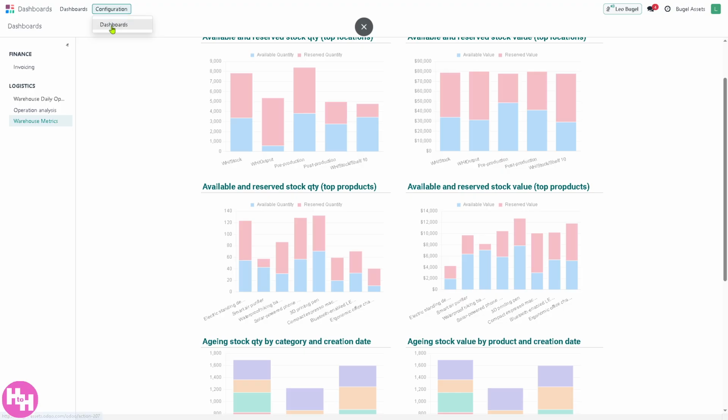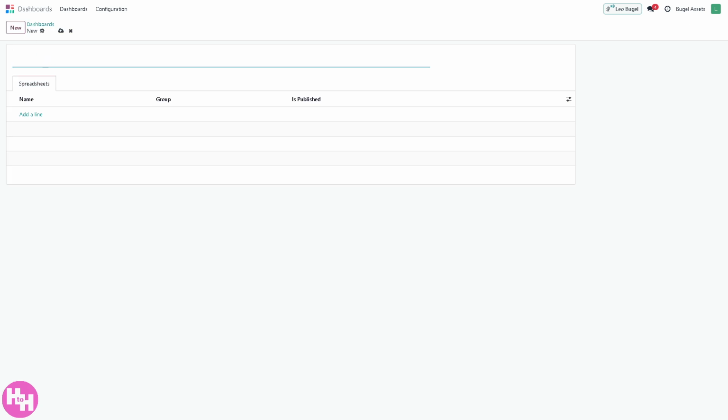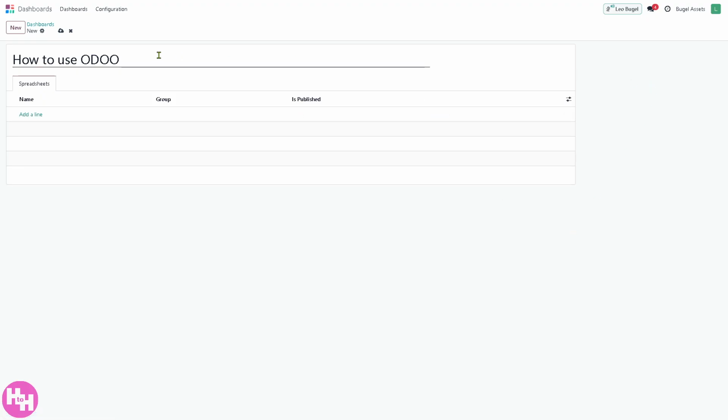Now, in the configuration, you can configure your dashboard if you want to add specifics here. For example, if you want to create a new dashboard, let's say we're going to rename this. You can add a line if you want, right here. And then that's that. The gear icon gives you the option to duplicate, and you can save it manually. Since we have created a first dashboard, we're going to move to the next section,